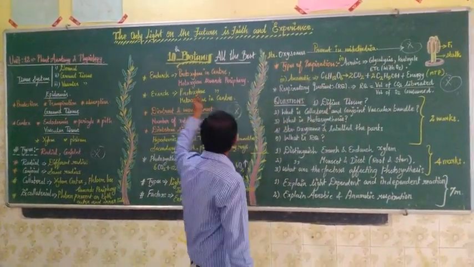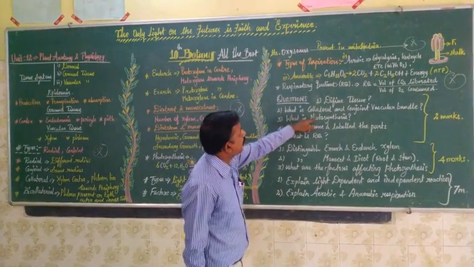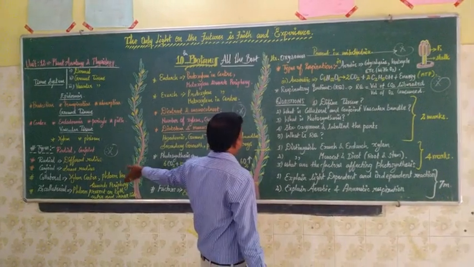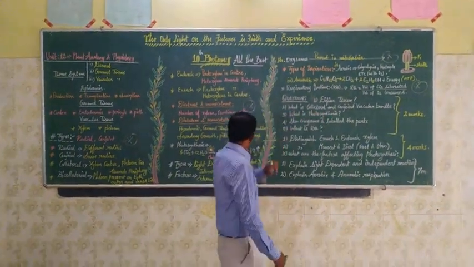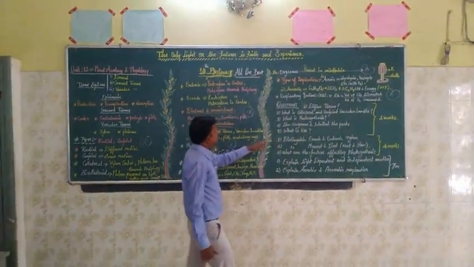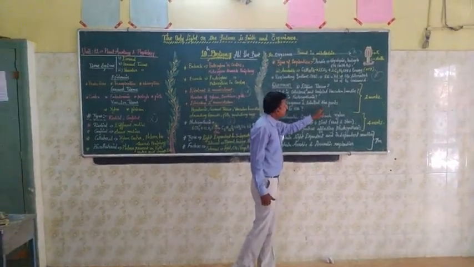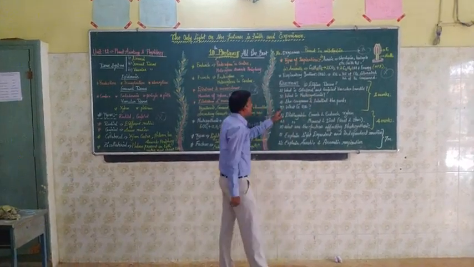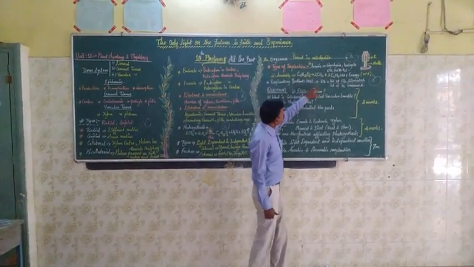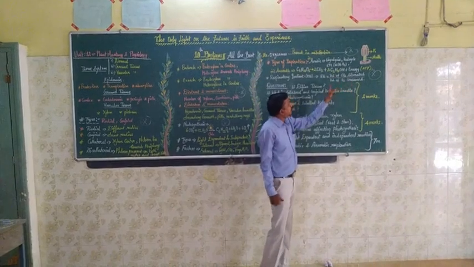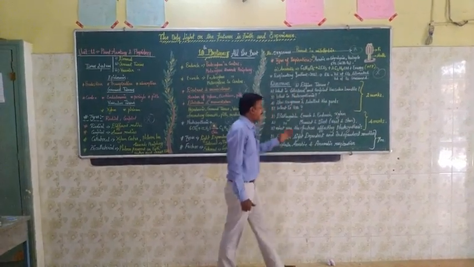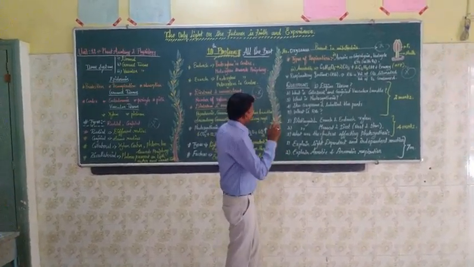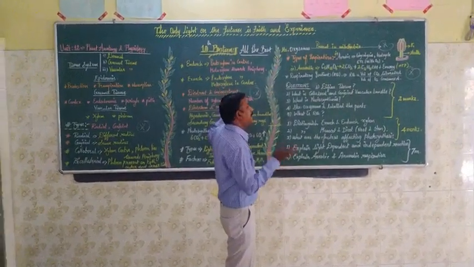Define tissue. What are the tissues present? Then what is a collateral and conjoint vascular bundle? Difference between collateral and conjoint vascular bundles. Then what is photosynthesis? Let us discuss it. Then the structure of the oxysome and label the parts. The structure of the oxysome is given here, so you can study it. Then what is RQ? This is a 2 mark question. RQ is the volume of carbon dioxide liberated over the volume of oxygen consumed. These are the expected questions. All the lessons are very important, and these lessons are very important compared to other lessons.